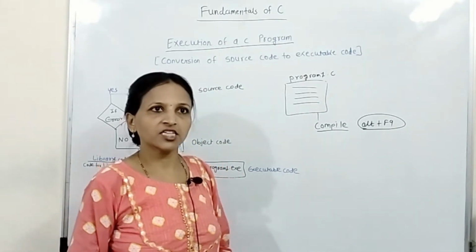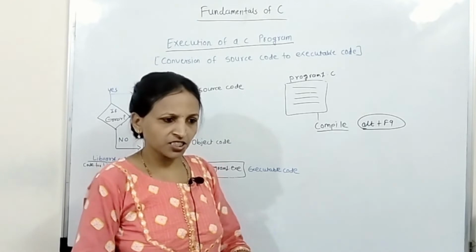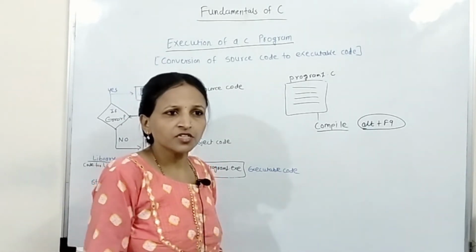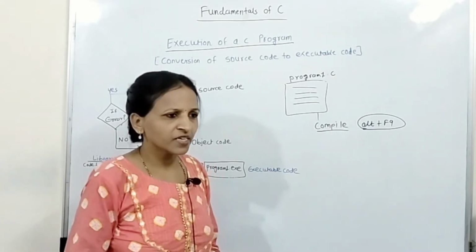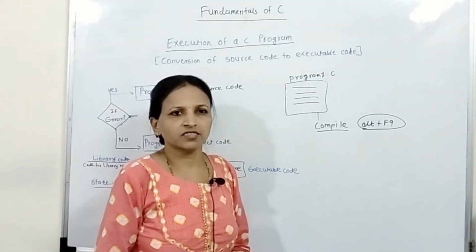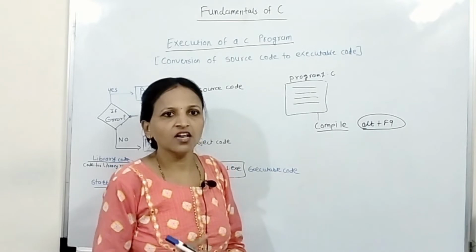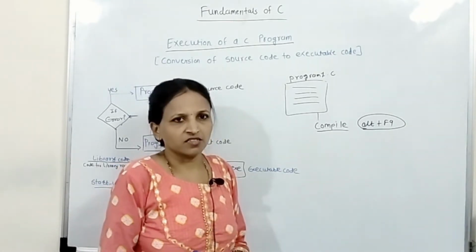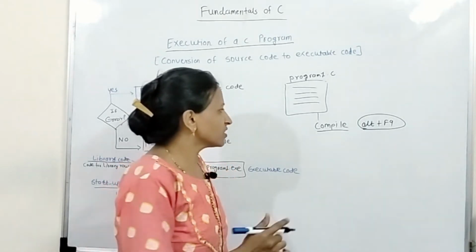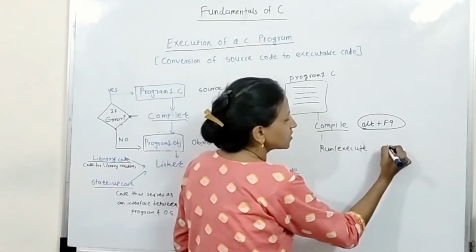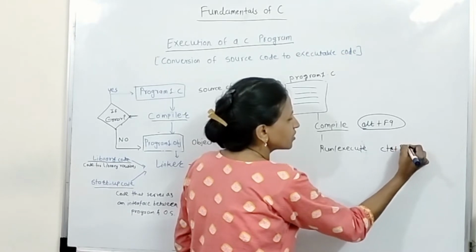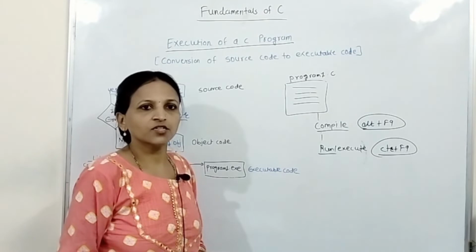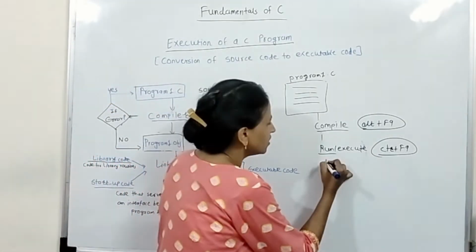After compilation, if there are any errors, it will display all those errors. We have to correct those errors first. Normally the compiler gives syntactical errors. If there is any syntactical mistake, it will tell you. And after correcting all the errors, the code is perfect, and then you can run it. For execution, there is one more option, Ctrl plus F9, again a shortcut key, or we can click on the run option directly to execute that C code, and we will get the output.